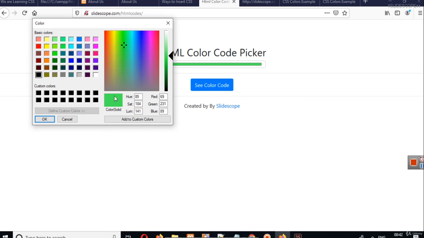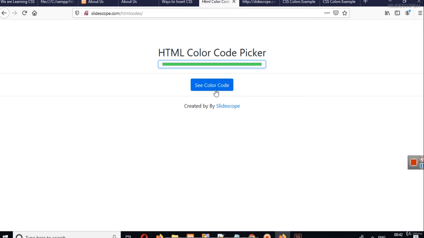Suppose we have to select this particular green color, and what you can see here is the hue, saturation and lightness. You can also see red, green and blue here. So this is how you can use this particular tool for getting the RGB value mainly. You can add it to your custom colors also and press OK.